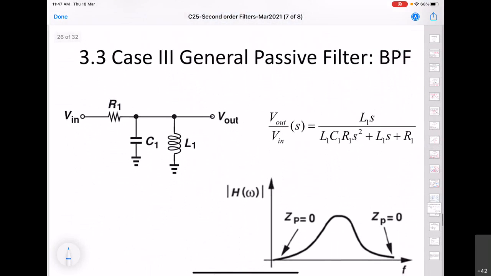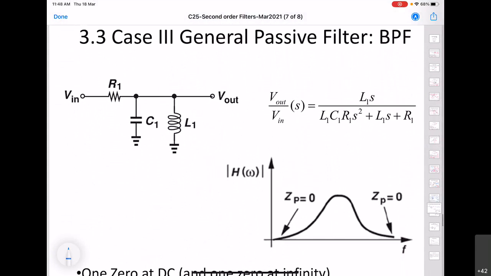Now for the general case, what we want is we want certain intermediate frequency not to be attenuated. That means for intermediate frequency, the path in this direction towards the ground should be a very high impedance or ideally open circuit, right? So that can be achieved by putting L and C in parallel,